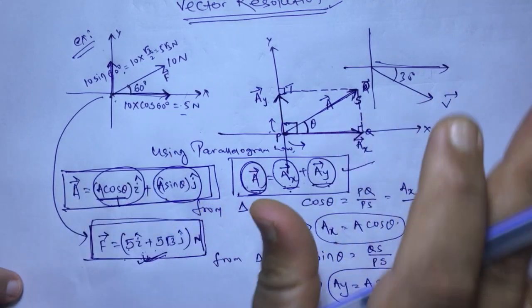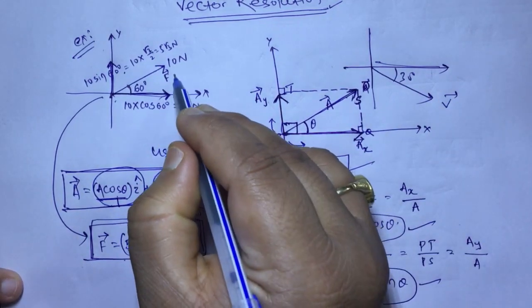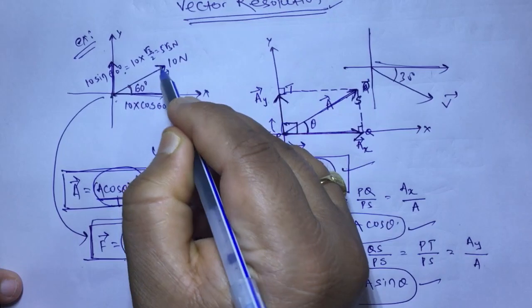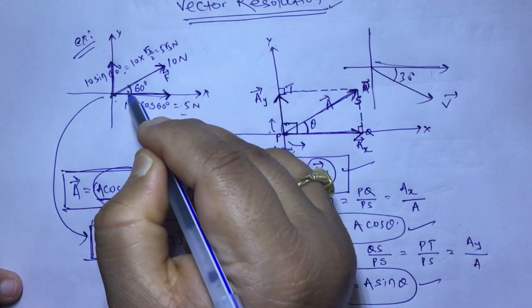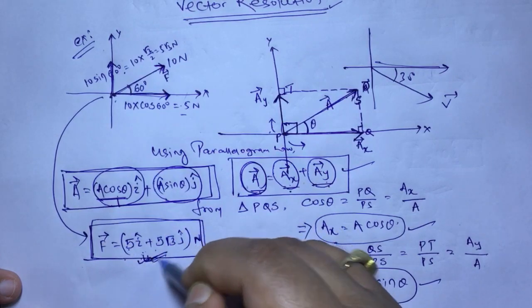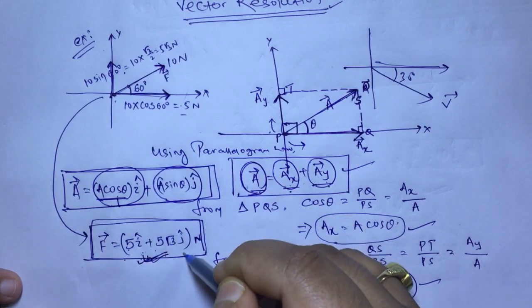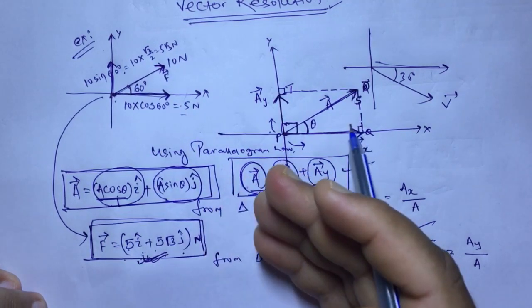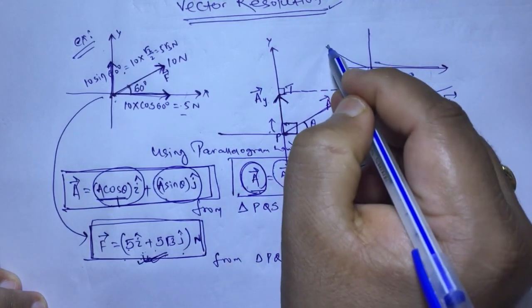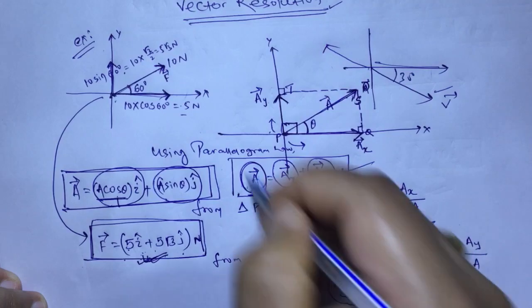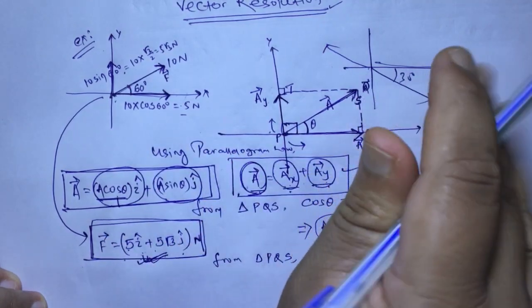To write any vector. This you have learned: this is any vector, not along x axis, but along some other direction with a 60 degree angle, and we have written that vector also in mathematical form. So now you will learn some tricks. Now if the vector is like this, shall I have to write all this, or can I write that directly?